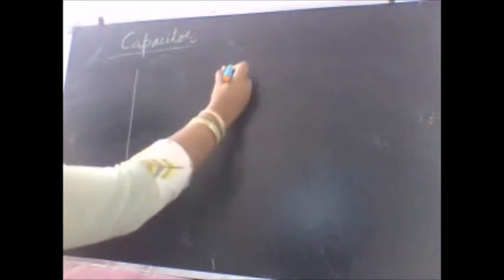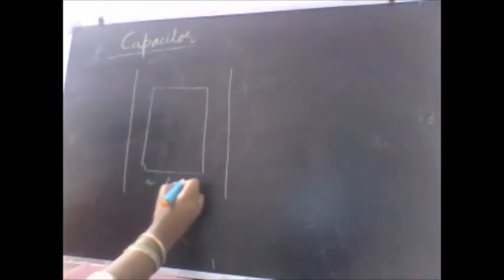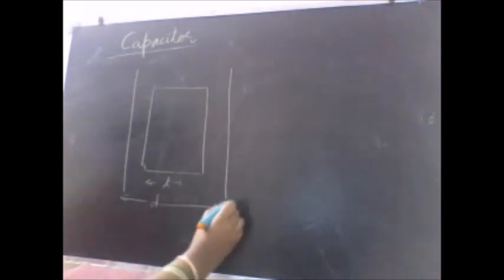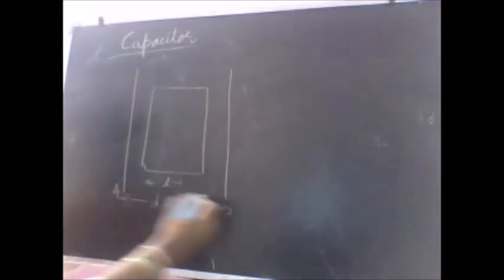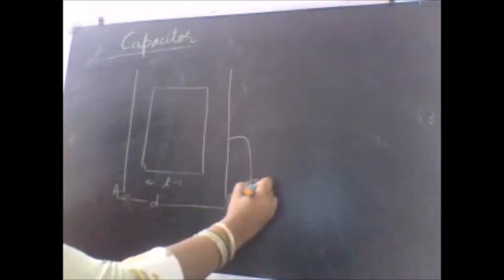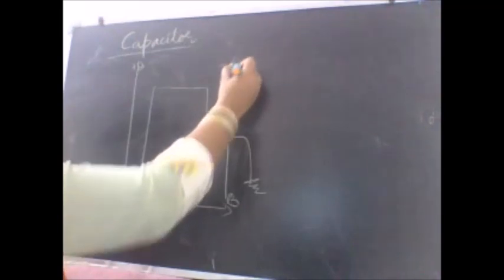Now a case wherein you are given the parallel plate capacitor with a dielectric medium inserted in between the plates of the capacitor, and assume the thickness of the dielectric slab that we have introduced here is t. It is different from the distance between the two plates, which we took as d in the previous case. Now the result will be a little different. Let us take this plate A and this plate B, and this is say grounded, same configuration, plus Q charge over this plate and minus Q charge over this plate.